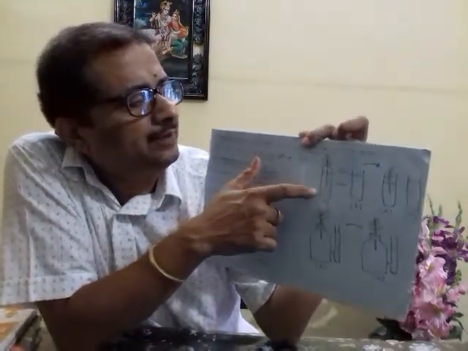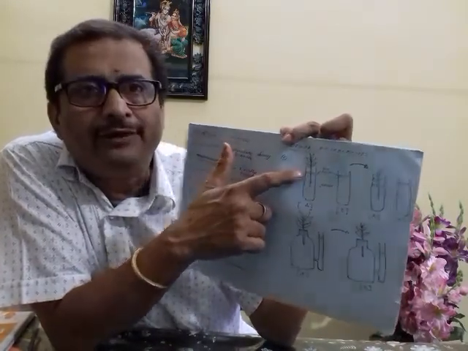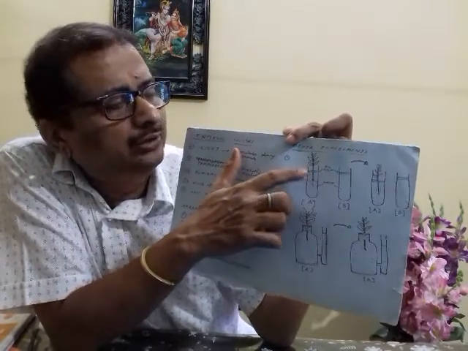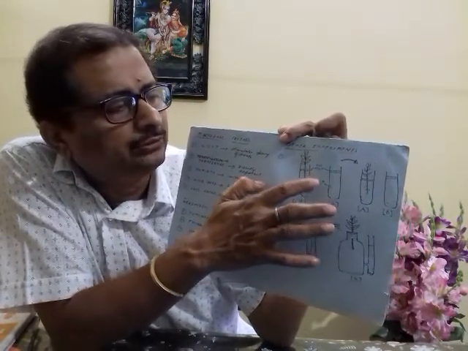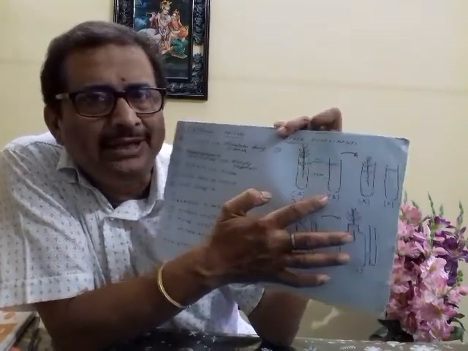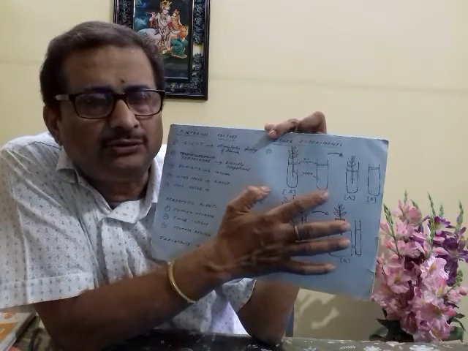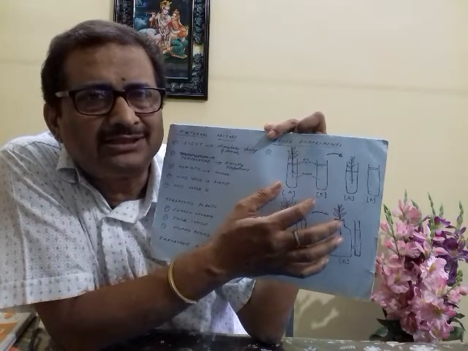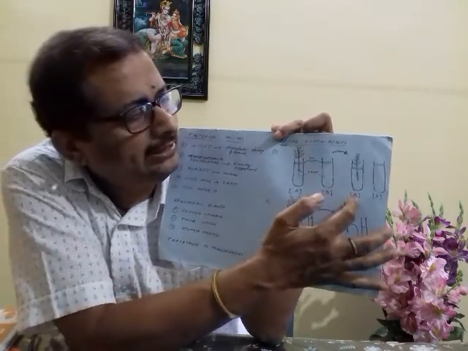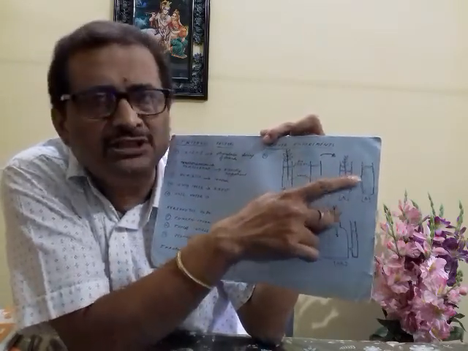Now, there are some experiments here. Just see this experiment. Here we have a test tube filled with water and there is a plant. We have an oil film, a thin film of oil over the water. In another test tube you have the same amount of water with an oil film. So we have two experiments, A and B. A is the experiment and B is the control. In both cases we have water; in one you have a plant, in the other you don't. If we keep this in sunlight, after some time in A the water level reduces. You can see the water level has reduced, whereas in B there is no change in the water level.